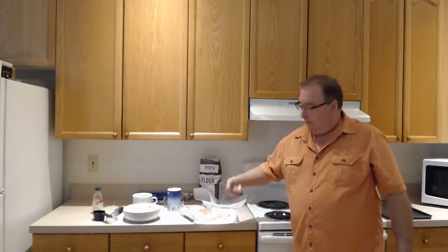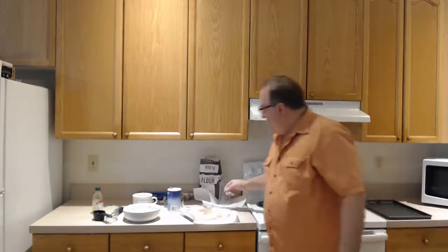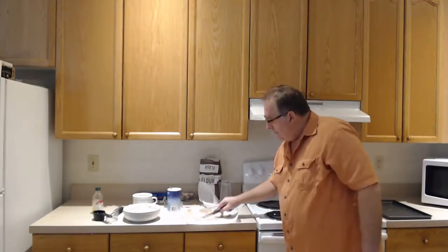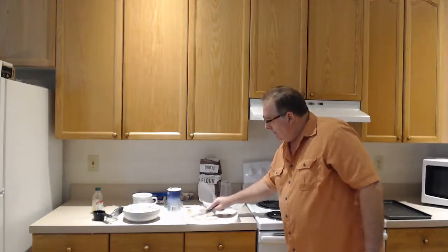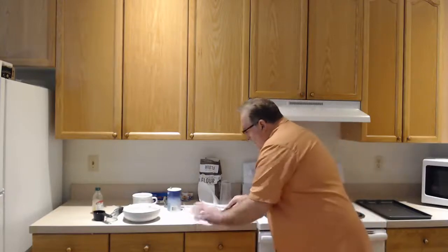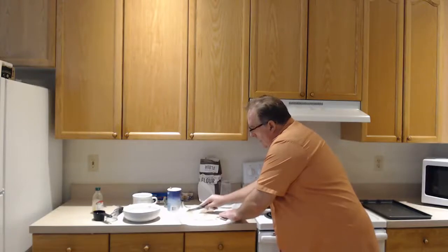It doesn't have to go all the way through the bread. And normally I will use a pizza slicer, you know, it's got a round wheel on it and a handle. Haven't unpacked it yet. So what I have is a very thin knife, and I'm just going to let it slide through, not all the way through, but gently pre-marking where it's going to break. And I'll do it one direction,